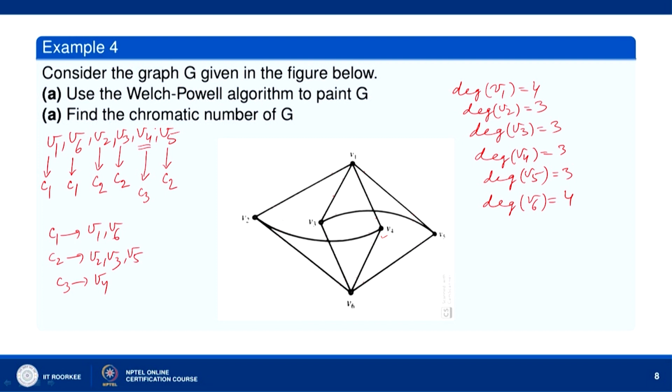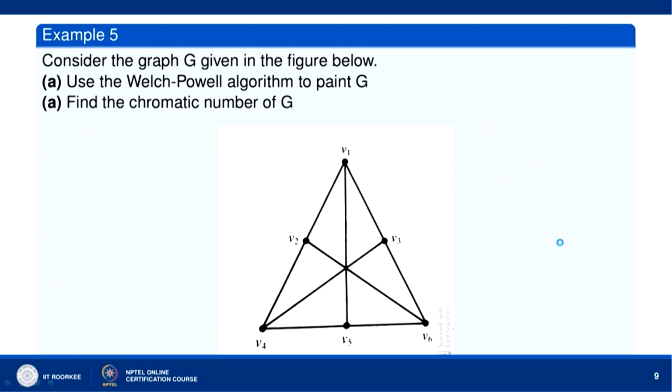You see, we have B1, B2. B1 is adjacent to B2, B1 is adjacent to B5. So, 3 colors will be needed to paint B1, B2, B5. And here we have used 3 colors to paint the entire graph. So, chromatic number means minimum number of colors to be used to paint the graph. So, chi G equal to 3. We cannot paint the graph with fewer than 3 colors because B1, B2 and B5: B1 is adjacent to B2 and B1 is adjacent to B5.